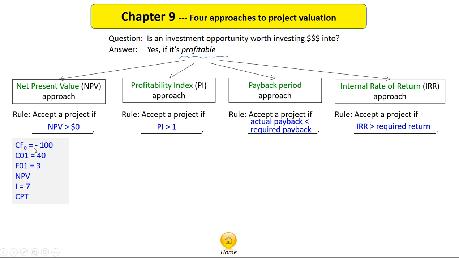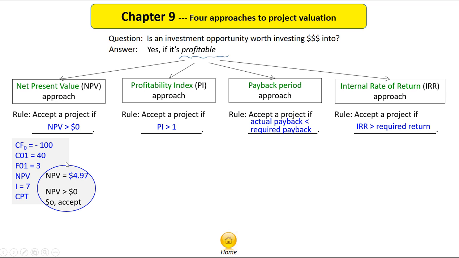So for example, let's say we want to invest $100 and it's a 3-year project that will bring us $40 each year. To find the NPV, we enter cash flow 0, we use the cash flow keys. Cash flow 0 is negative 100, how much we invest. Cash flow 01 is 40. We change the frequency of that to 3 because we have $40 repeating 3 times back to back. Then we press the NPV button. It asks us for the interest rate. Let's say it's 7% per year. You enter that, compute. In this example, you get the net present value equal to